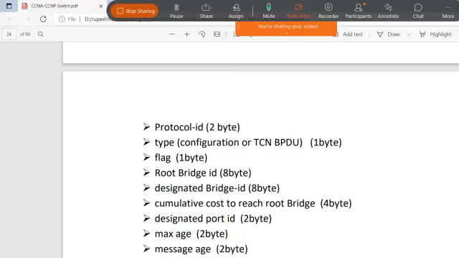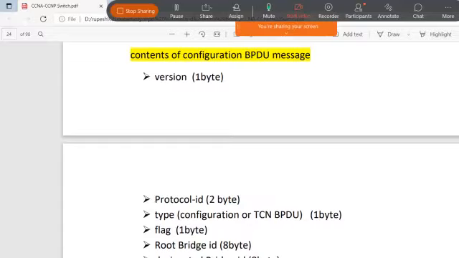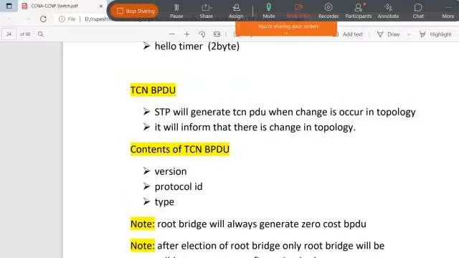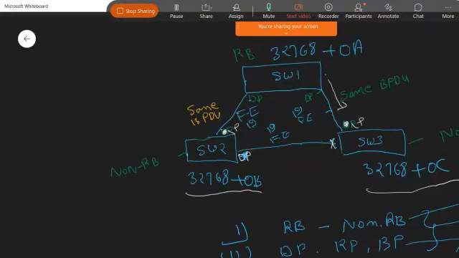Root bridge ID, right? And the cost, right? Let me just show you the cost. Here is the cost, right? And the port ID. Okay. So following these things, it is going to elect the DP port, root port, and the block port on behalf of this only. Okay. Now,